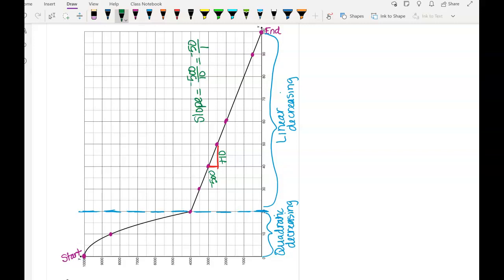So if we take those 3 points, that's not a great way to see it, but if I have 0, 10,000, 10, 8,500, and 24,000,